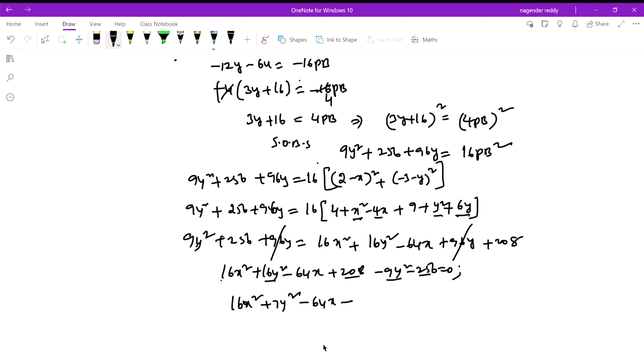So 208, 200 subtract, then 56 minus 8 is 48 equals 0. So this is the second type. What we have done in this, the three steps I did: the first one is to send any PA or PB to that side, and the second and third are nothing but squaring on both sides. Be careful while you are squaring in the third step. The right side should have only one PB. If you are getting more than one PB, or more P terms, then you made a mistake somewhere.